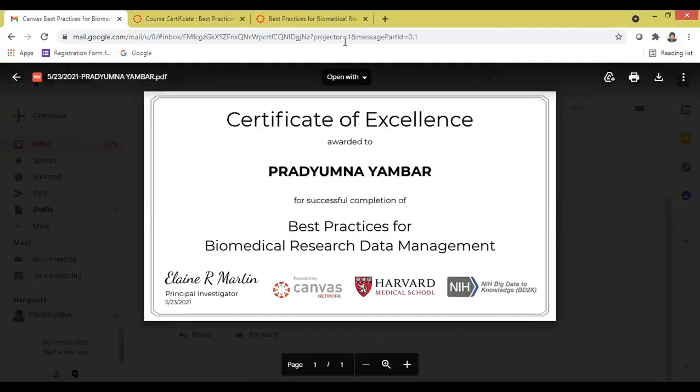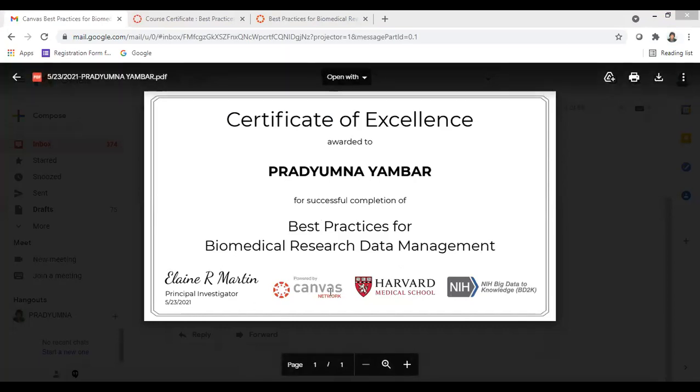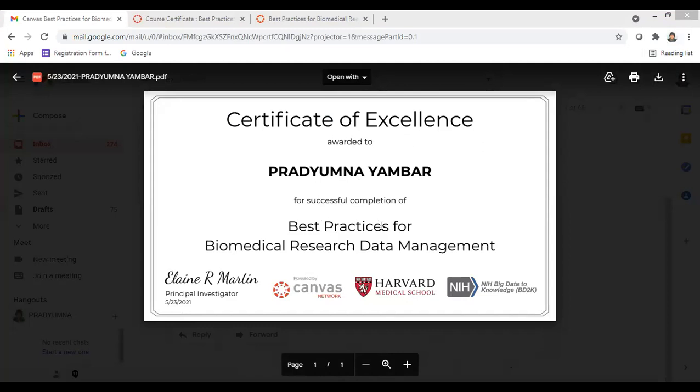Now I hope everyone is able to see the certificate on the screen. The certificate has your name, the course, and Harvard Medical School; you can go through the net. You are going to get it free of cost, only for today. During this lockdown, we have to take it as an advantage to work with the international. Any question, anyone? You are able to see the certificate on the screen, all of you? Okay, do all the best, all of you.